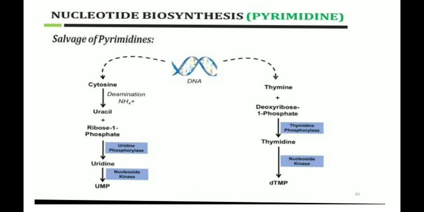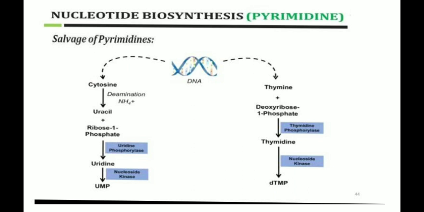So in the pyrimidine salvage pathway, thymidine is taken up by the transport proteins, right, and phosphorylated by the enzyme thymidine kinase to thymidine monophosphate. Okay, so this is not that hard to understand. As you know, pyrimidines include cytosine, thymine, and uracil. Alright, cytosine and thymine are in the case of DNA.